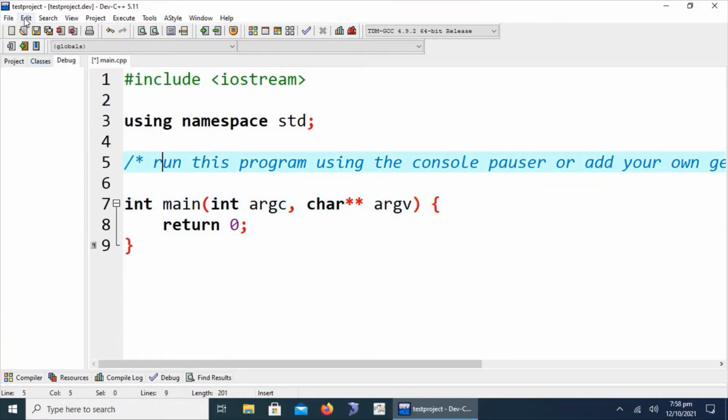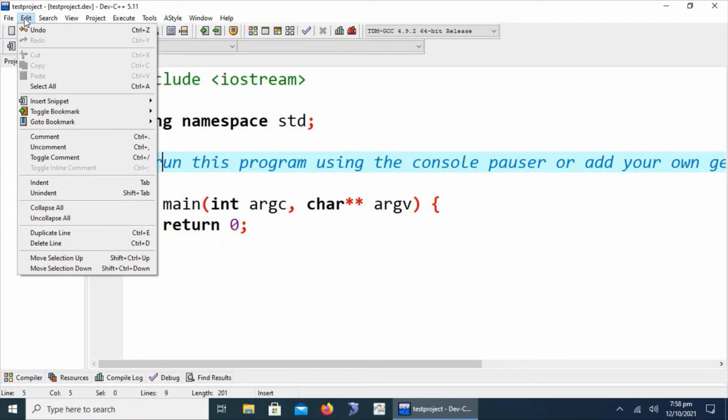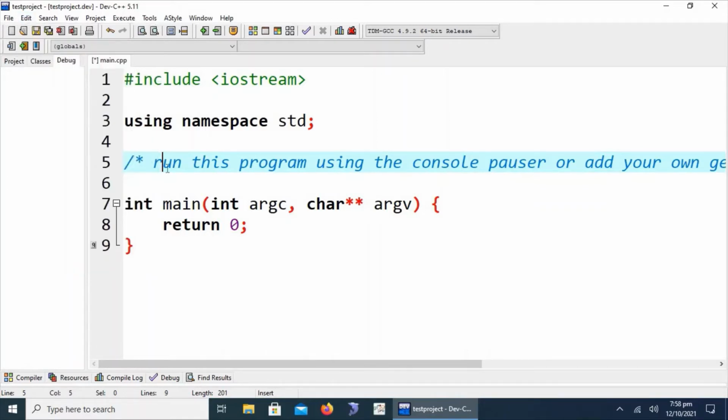The most interesting features of Dev C++, which will really encourage programmers to adopt it for writing C++ programs, are available in the edit option. These are the most recent and most usable features in Dev C++.